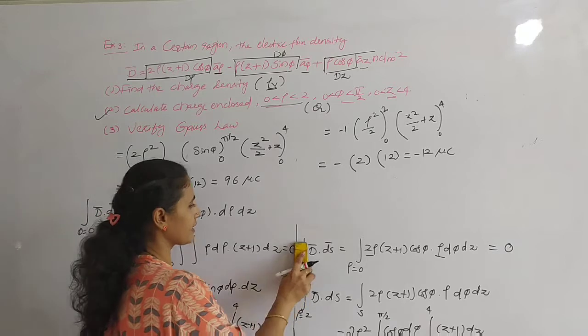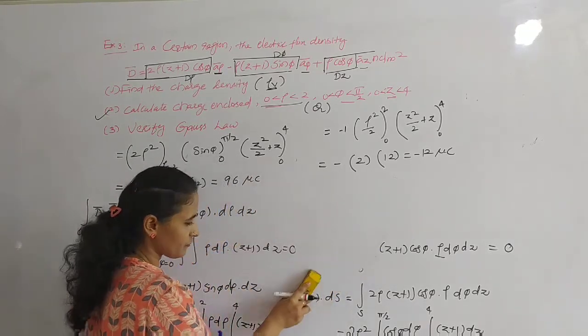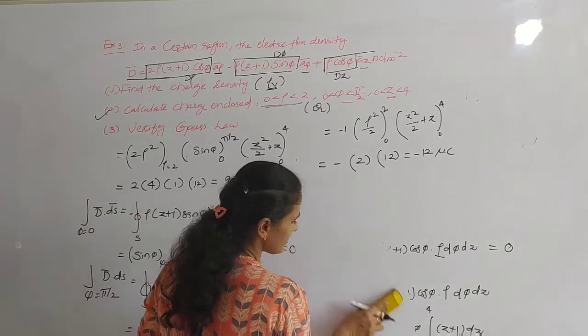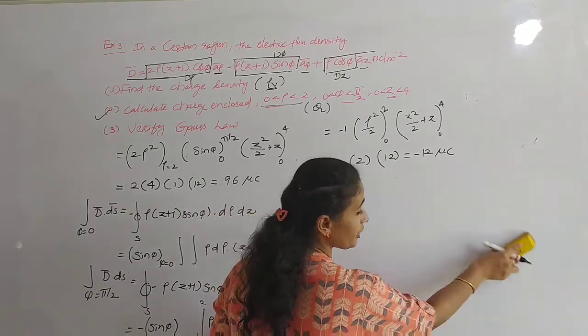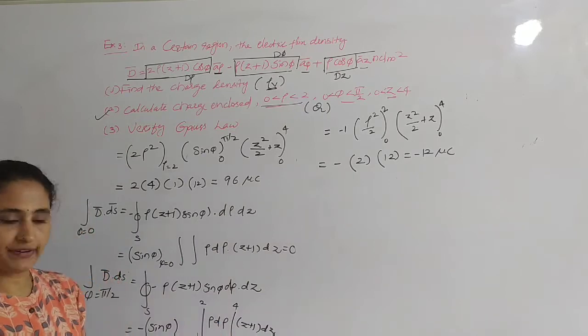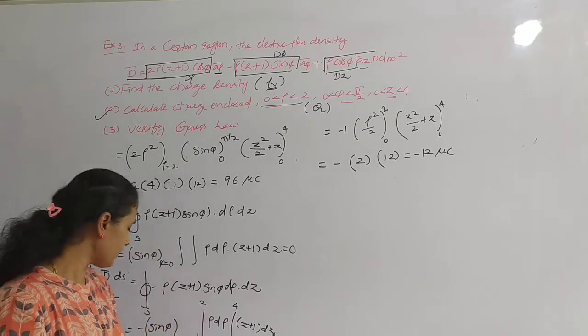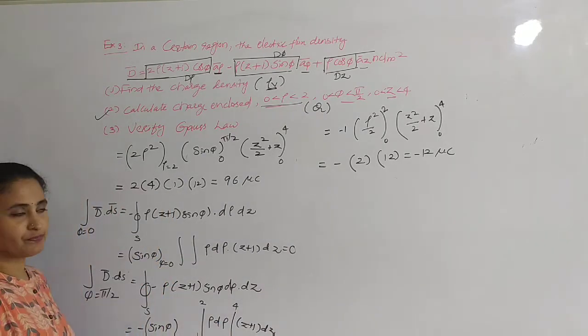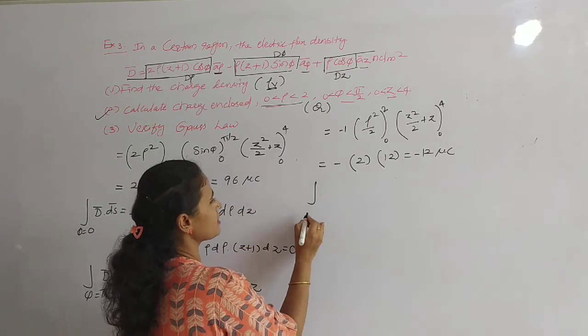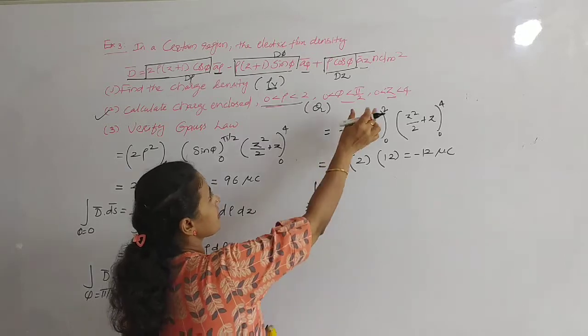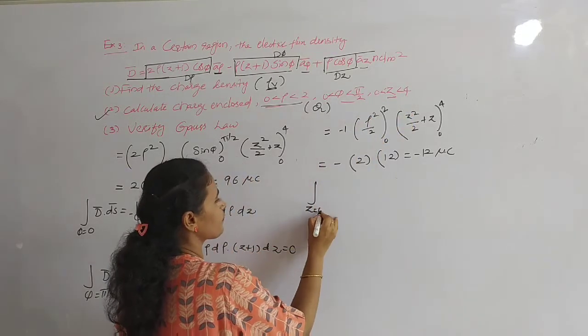This is the third integral part. So till now we have applied four integrals: the first with rho equal to 0, the second with rho equal to 2, the third with phi equal to 0, and the fourth with phi equal to pi by 2. Two integrals are left. What are those? The z integrals, where z values are 0 to 4, right?